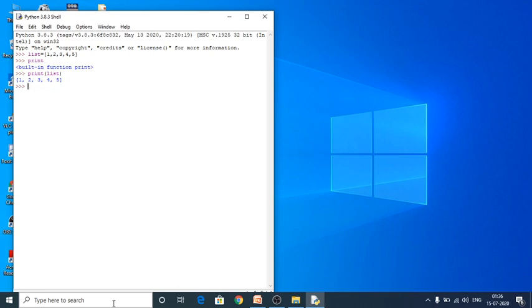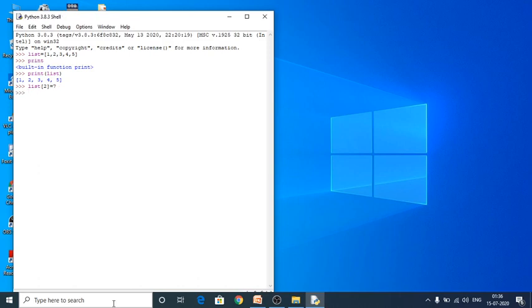And next one is I'm going to change my list elements. So instead of 3 I'm going to change as 7. So for that I have to use my list name, and which position it has. So 0th position is for 1, first position is for 2, and second position is for 3. So here I am going to give 7.